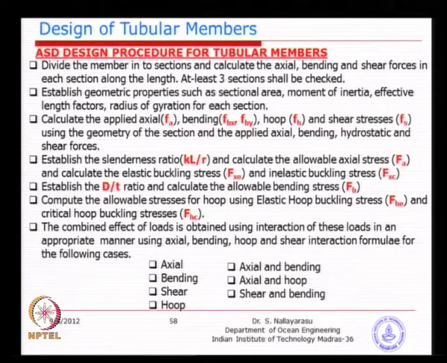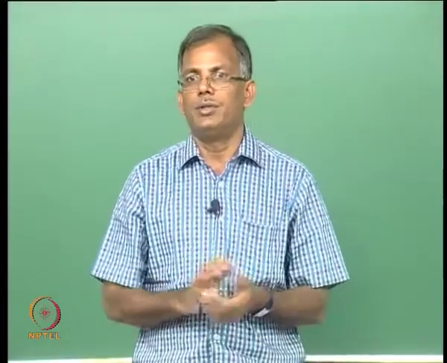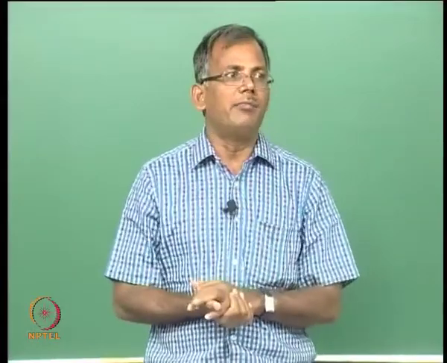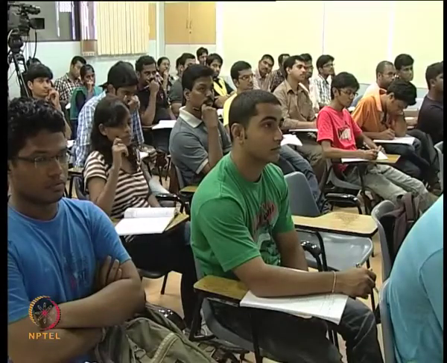Then what we need to establish is the combined effect of all these: axial, bending, shear and hoop. Now, you will also need to make sure that every single component is lower than the allowable, and also the combined effect is lower than the allowable. In terms of axial allowable, you just simply compare the axial stress applied with the axial stress allowable. Similarly, each component. Then we need to do an interaction, because you may have the axial load at the same time when the bending is applied. So, you need to combine them together and see whether the combined effect is within the acceptable limit.